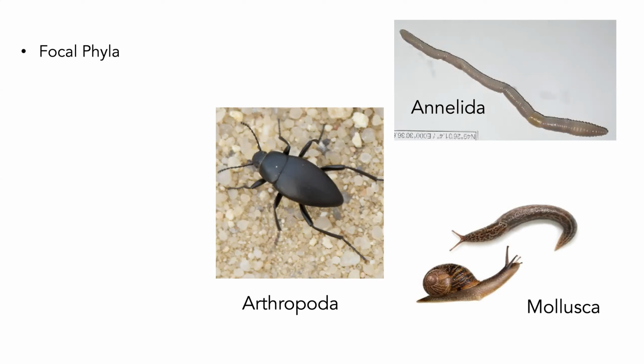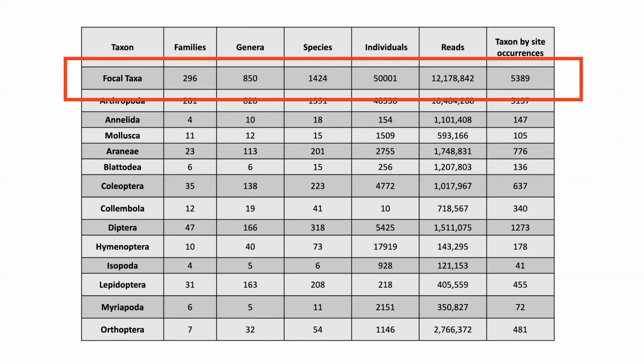We have some idea about them, but they're also large enough that we can actually look in the traps, in the samples, or in the images to back it up. So using those 49 trap arrays from 26 sites, all collected in 2016, and only focusing on those 3 phyla, the arthropods, the mollusks, and the annelids, we are able to get information from almost 300 families, 850 genera, and data set wide 1,424 species level entities.